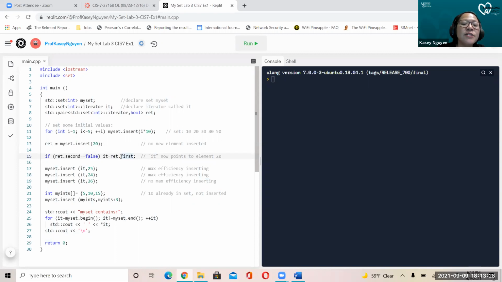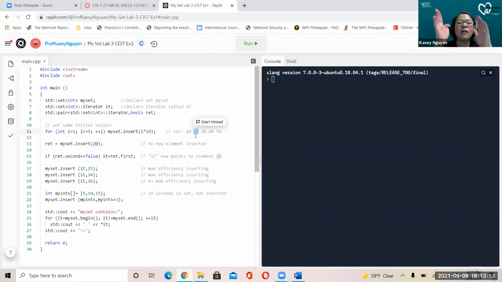Okay. So what happened is we know exactly that 20 is in the second element, which is element index 1. So what we're doing is we're placing the position for our set there. Basically, just put a marker there,